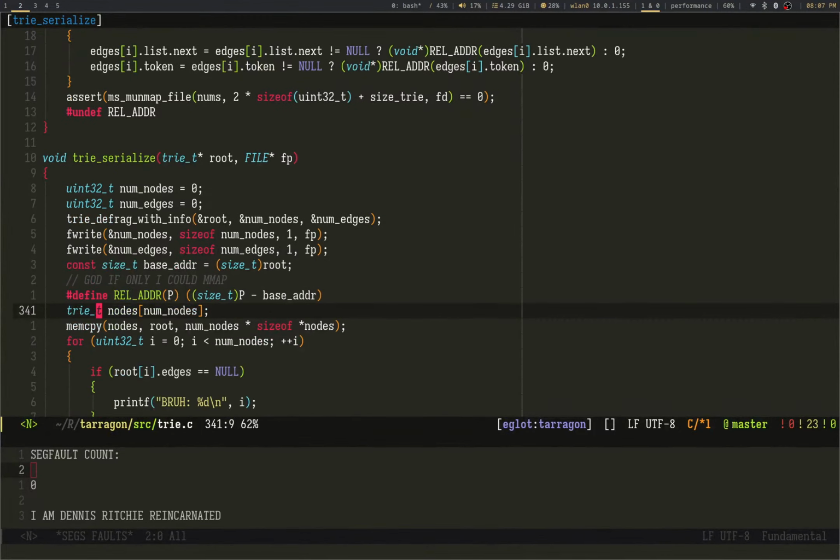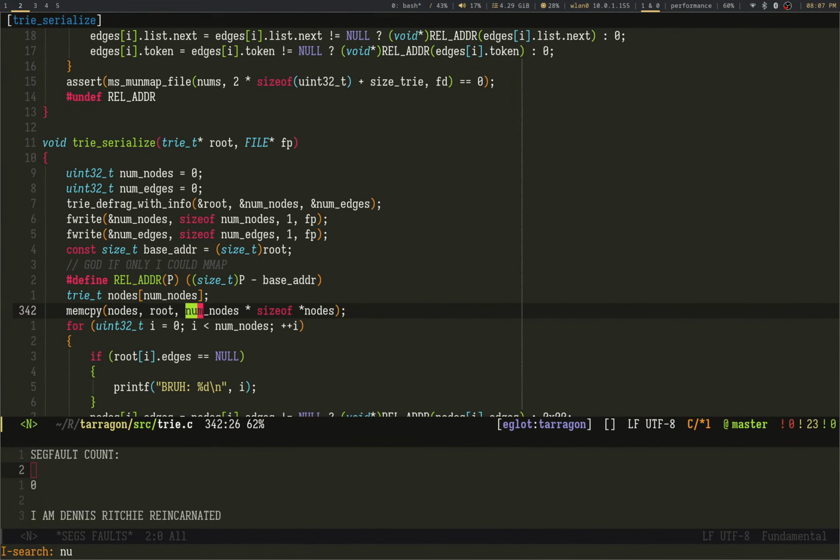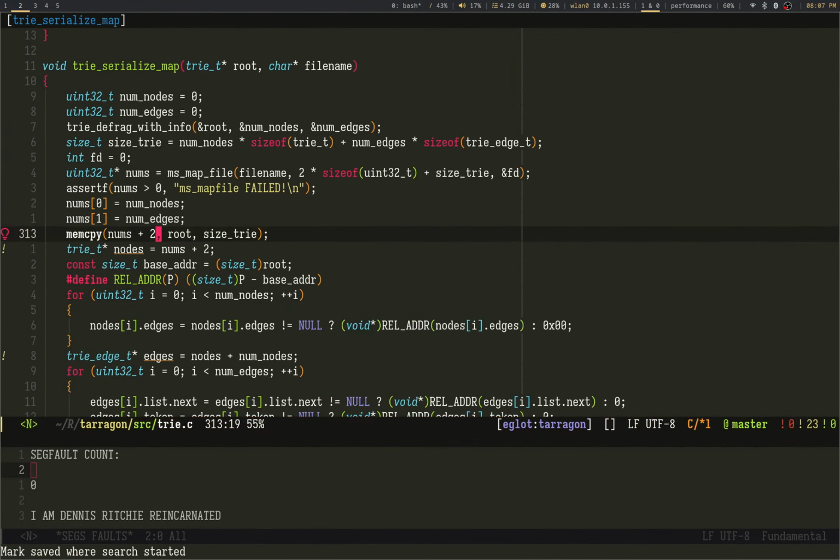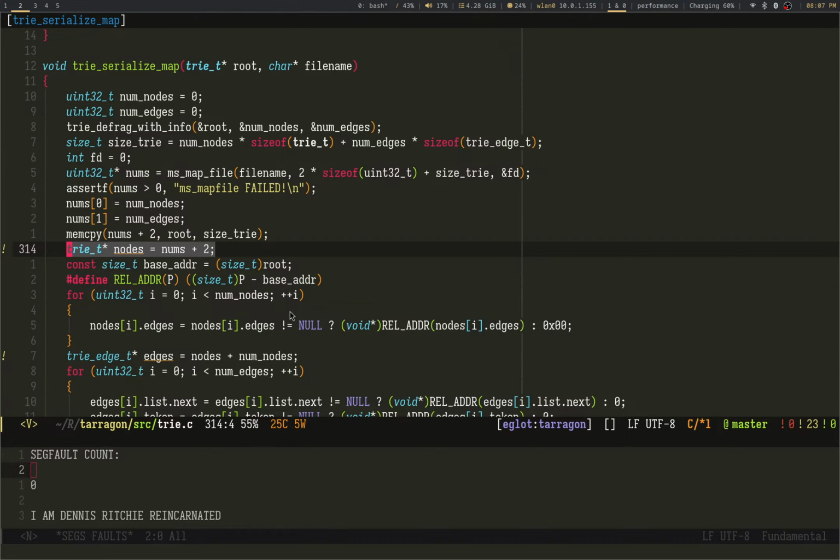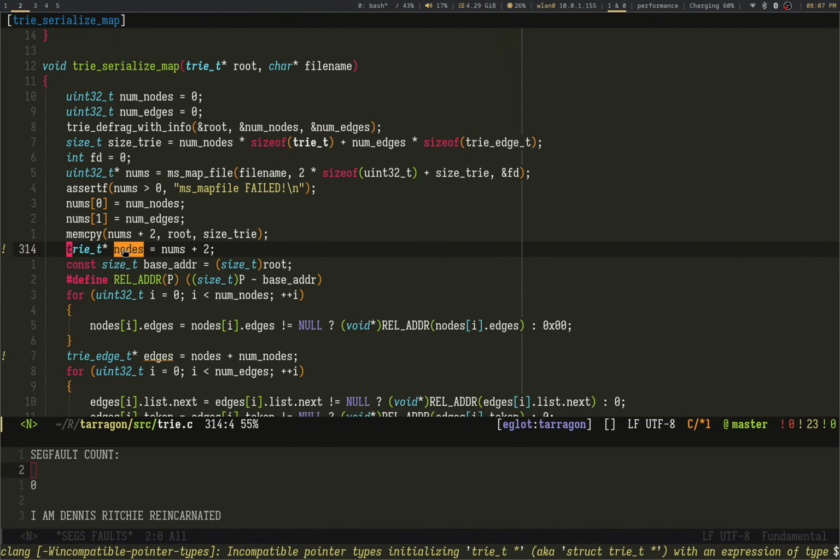Let's see. I thought I had something really fun like num plus 2. Ah, here we go. Look at this. This is great. Here we have a pointer to U32. Pointer arithmetic, baby. Don't you love it? It's hilarious. What a great language.